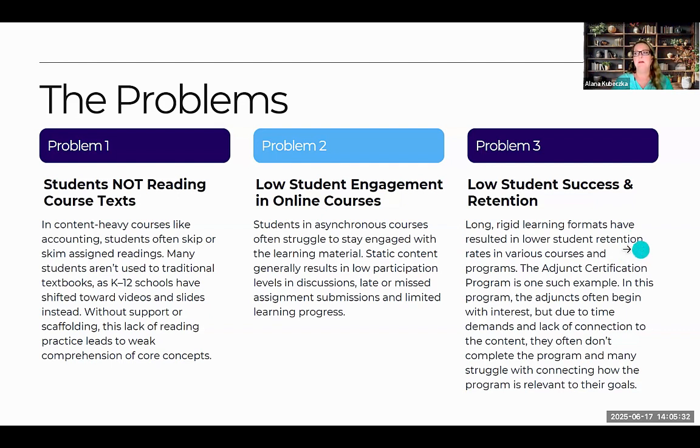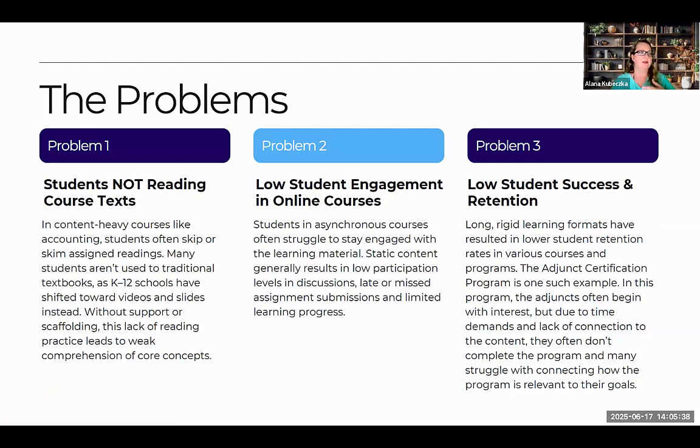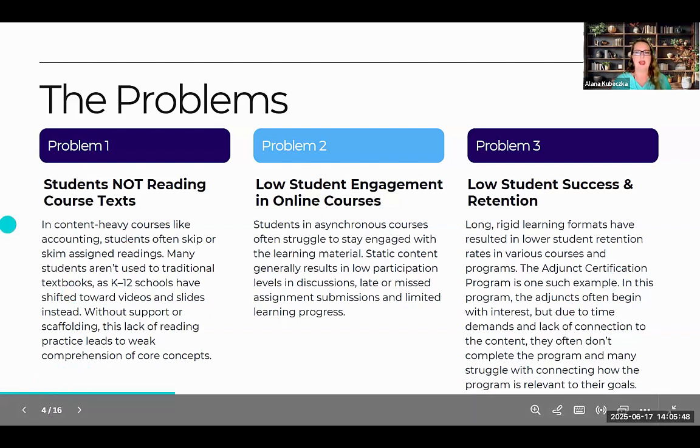And this was another low student retention issue. There weren't enough adjuncts, or not as many as they wanted, moving on from one level to the next. There are 3 levels of the program, and we'll talk about that in just a minute. So these were the problems that they were noticing and they wanted some help with.